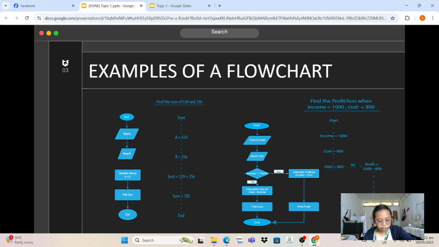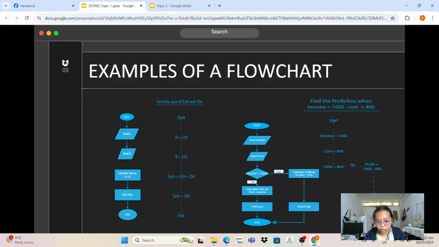Nya kaning rectangle mao na ang process box, so mao na siya nga i-calculate sum as A plus B. So tama ni siya nga paggamit sa process box is because isa ra siya ka step, dili siya daghan and it's very clear. Then sunod na is i-print ang sum, so ipagawas ang output, then i-end na ang program.